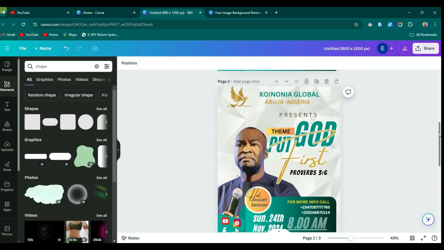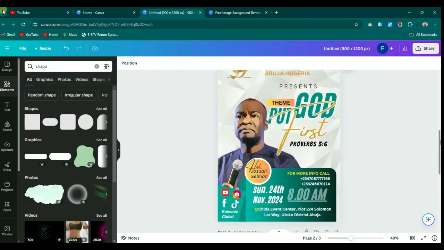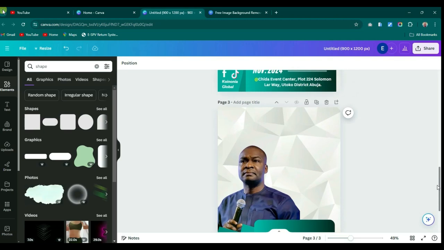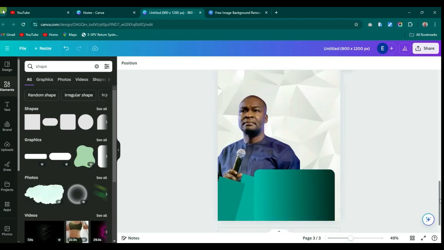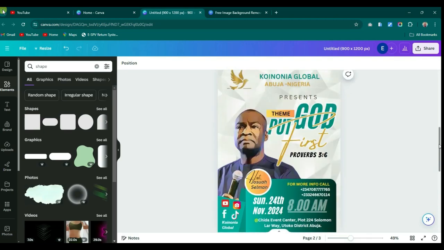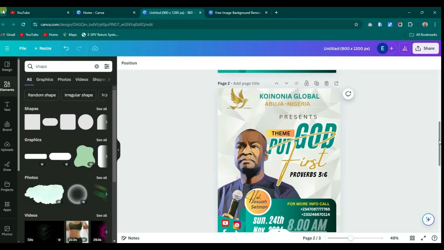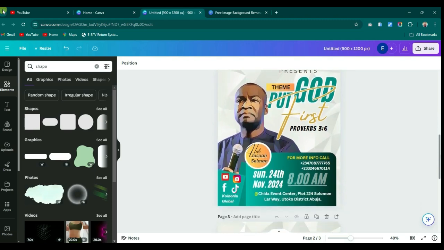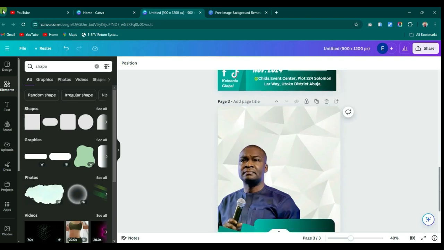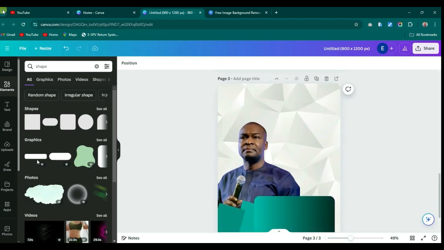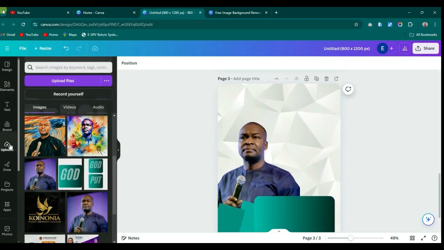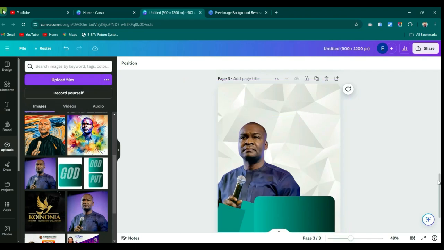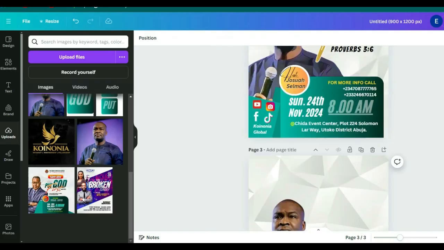So I think our design is taking shape nicely. Okay, so the next thing we wanted to do is to put this logo and the things at the top over here. So here you can bring the logo of your choice, your church logo. So to make things very simple and not to make the tutorial very long,